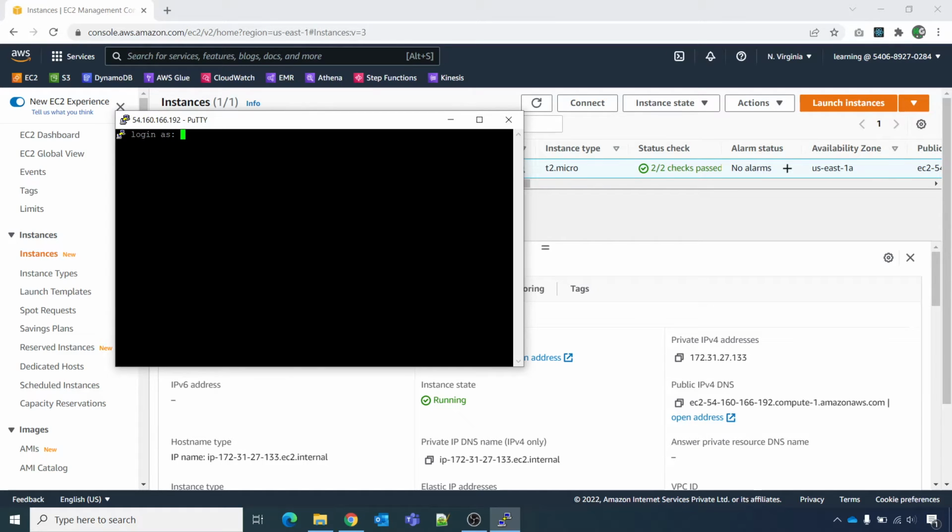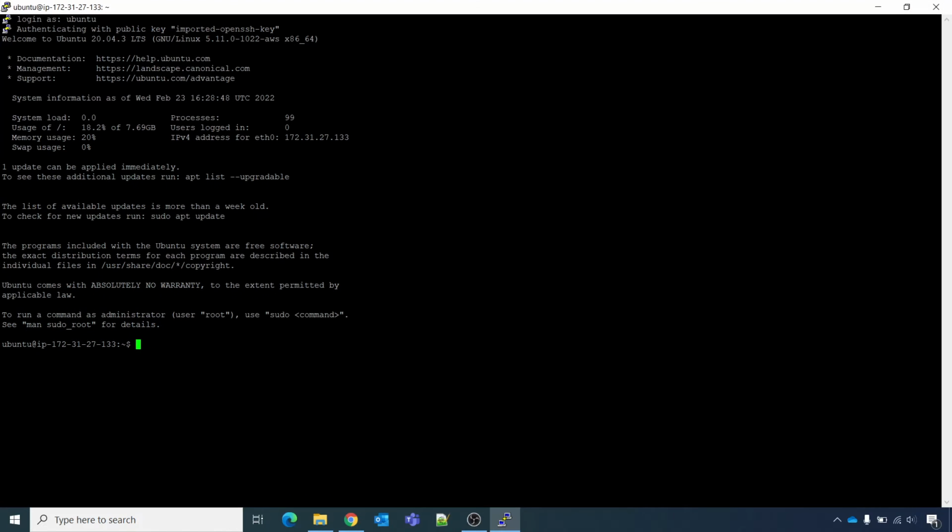And as I mentioned earlier, the password is login as. We are going to log in as ubuntu because I have used an Ubuntu machine. Yeah, if you have noticed, now we have connected. ls -l,